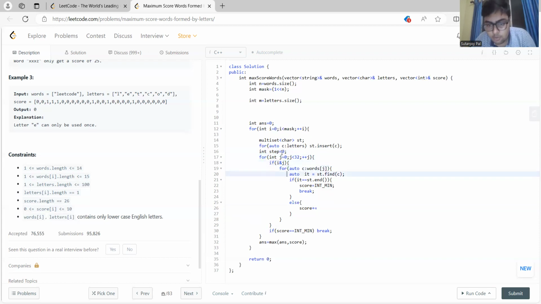Okay, so step is step by step. Step equal to int min, and if step equal int min, step, okay. Finally, step plus equal to, score of,